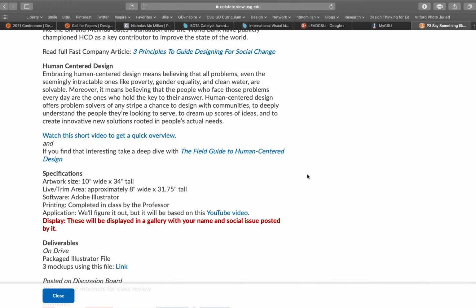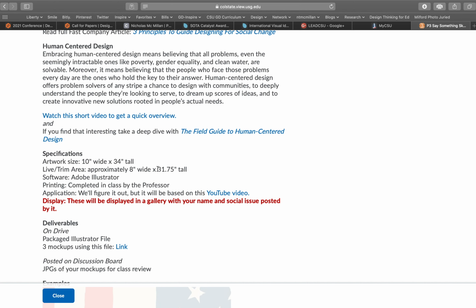So we're going to look at our specifications for our artwork. And we're designing a skate deck with this project. And so we have an artwork size of 10 by 34 inches tall. So 10 wide, 34 inches tall. That's a lot bigger than what our skate deck is. We have our live and trim area, which is 8 inches by 31 and 3/4, which is the actual size